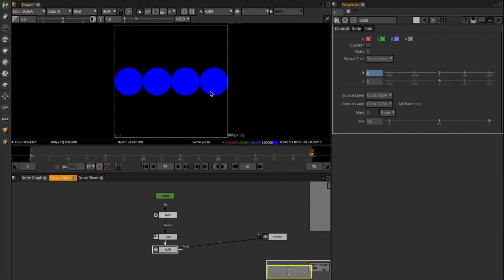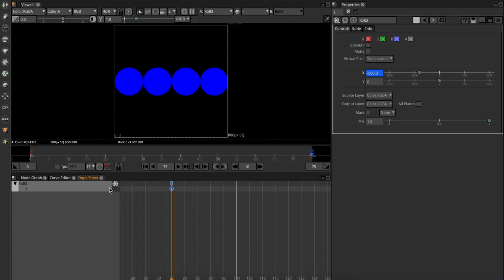need those circles to end up in the exact same position as they are on the first frame. I know that the width of this comp is 800 pixels. I will just need to set a negative value of 800 pixels so that it moves in the right direction. The position of the circles is identical on the very first and the last frame, which is good but can be better. With the Roll node selected, I go to the dope sheet, I press F to fit all the keyframes in the range of my view,